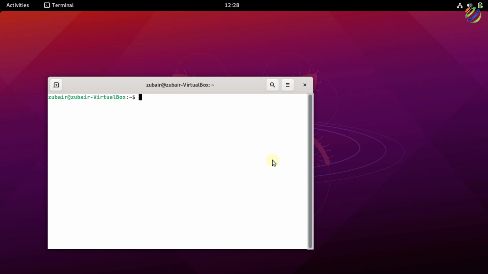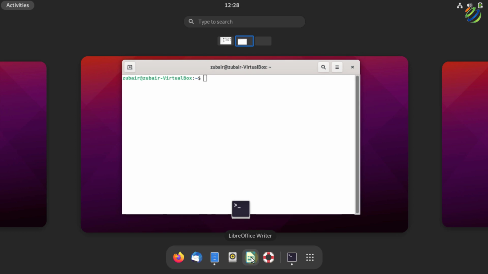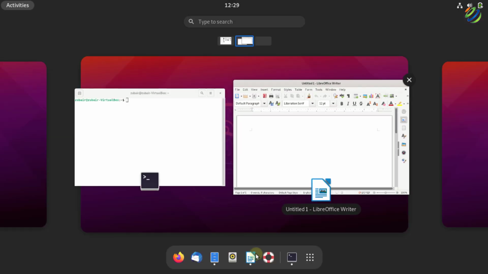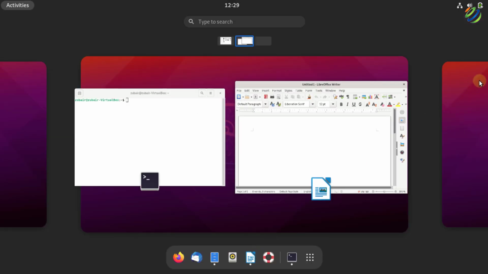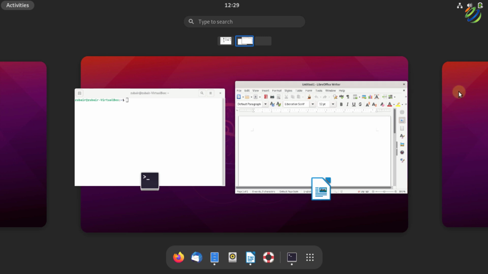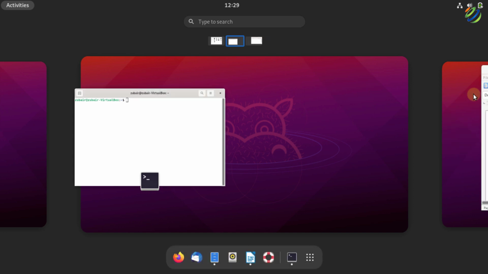Now let's open another application here. For that purpose, I'm going to open my LibreOffice Writer. And here you go, here I have my LibreOffice. If I again press my super key, now I have another workspace available on the right side of the window. So now I'm again going to drag my LibreOffice and drop it in this workspace. For that purpose, I'll just keep on clicking and I'll drop it here.